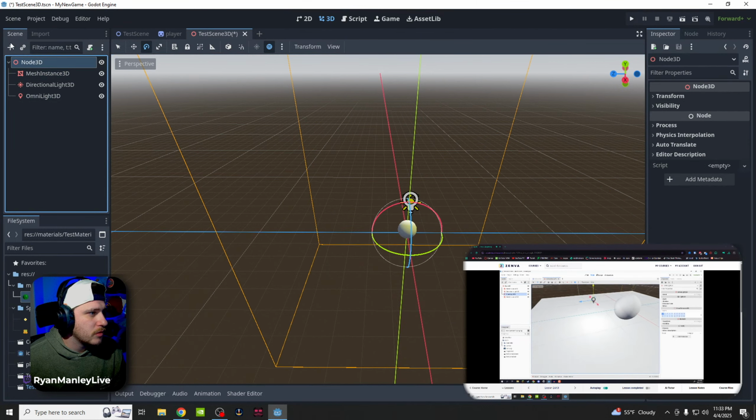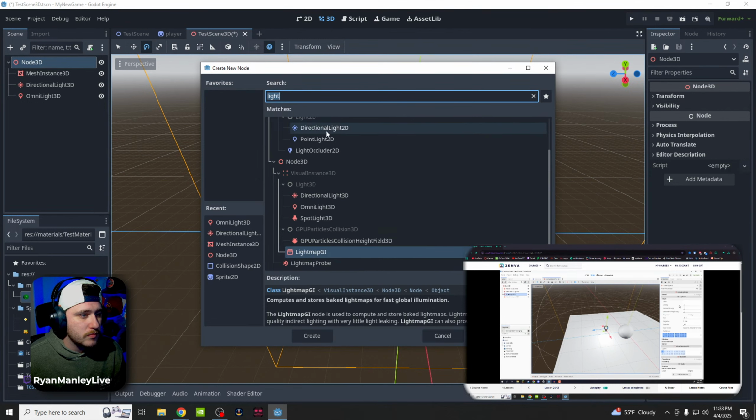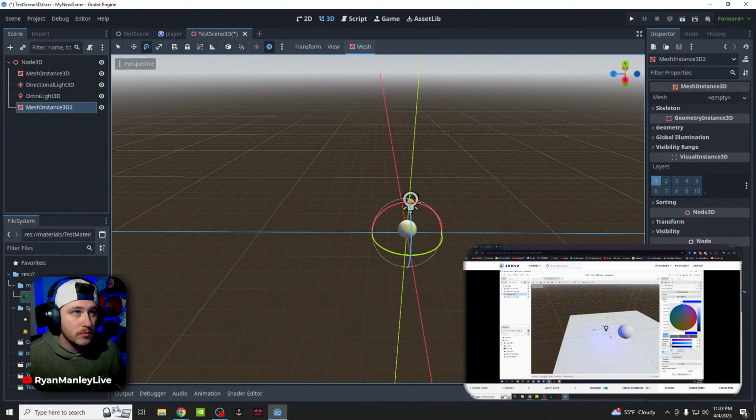We can move it around. To have a better viewing of it, to actually see what we are casting, let's change that light color over to